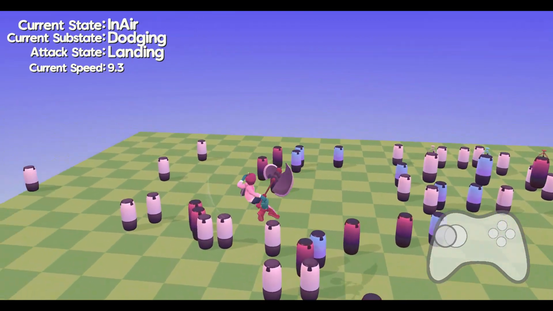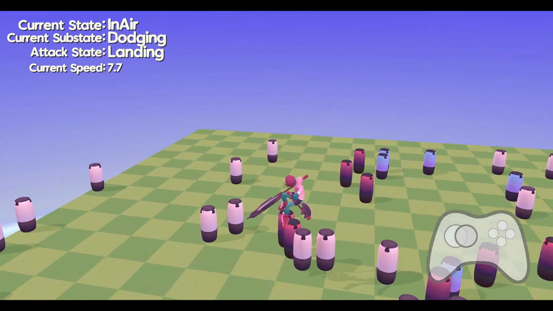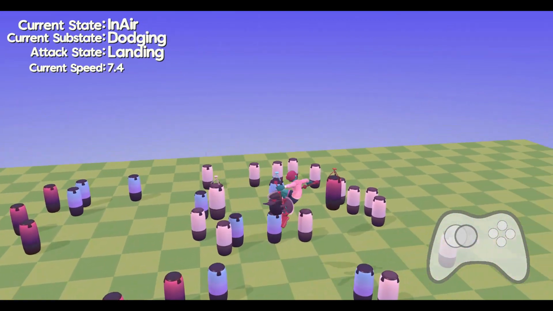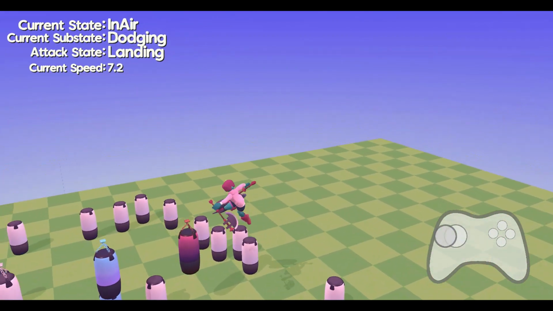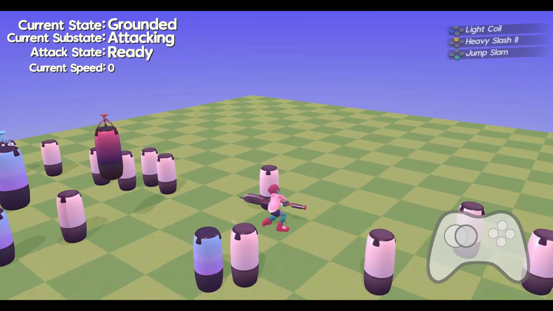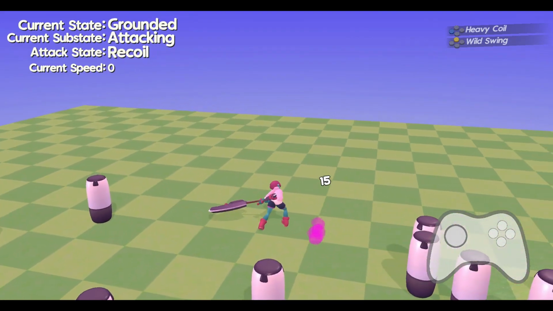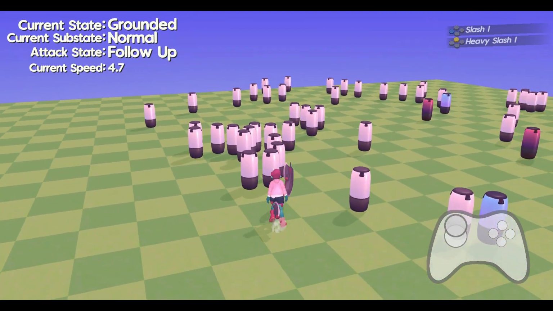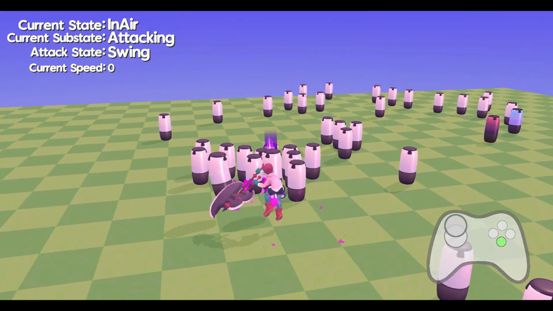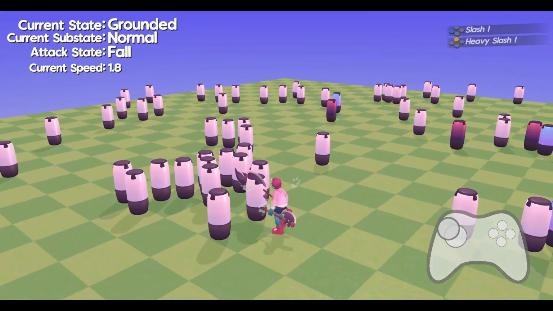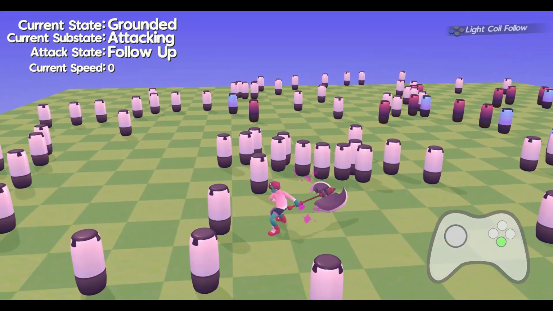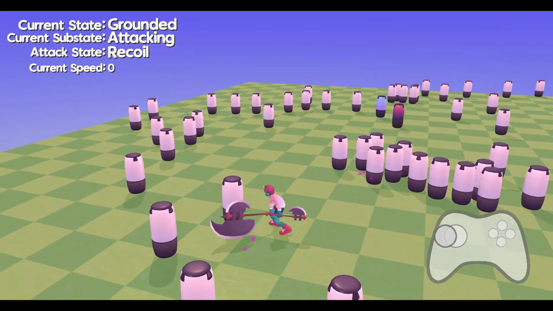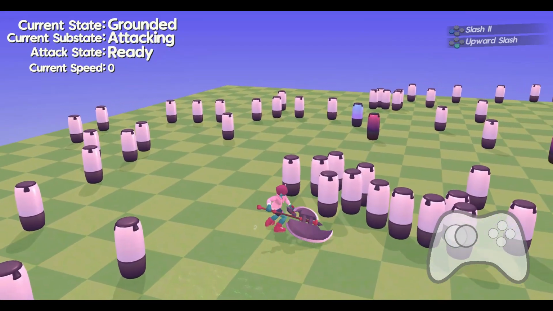For the big axe, the unsheath attack is a pull out and slam of the weapon, so this is you very quickly pulling out your weapon, and it's also an attack system. So this method of unsheathing is an attack that you could follow up from. You can also unsheath your weapon in midair, so if you jump and unsheath your weapon, it will act as an attack. This is you pulling your weapon out and slamming down. And that's how the unsheathing works.